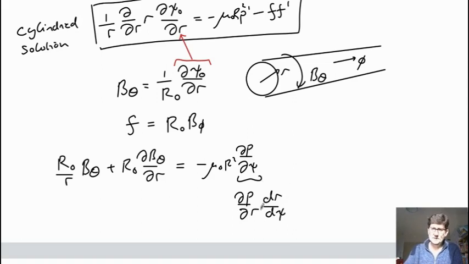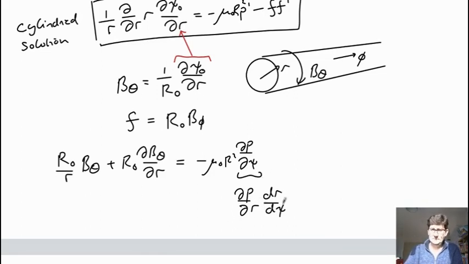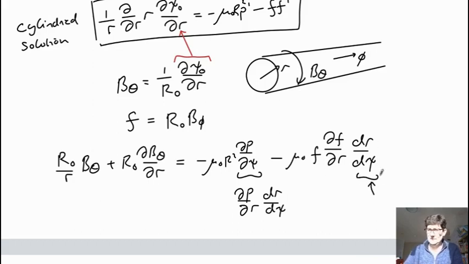And so you can replace this, and you also have a minus mu naught f, which is this r naught p phi, and then for the same reason you can just replace this with a df by dr, so that times dr by d psi, and dr by d psi, this is just 1 over